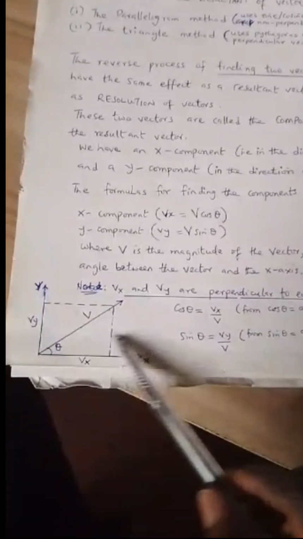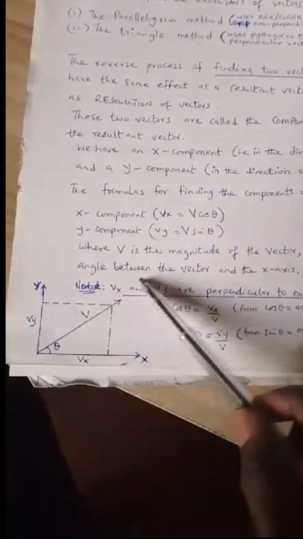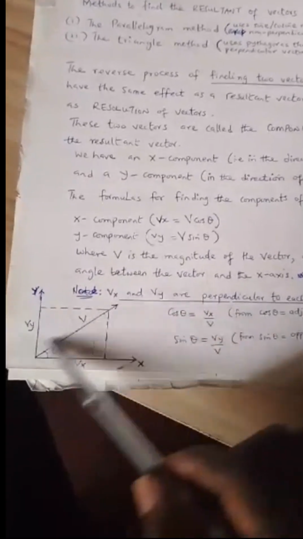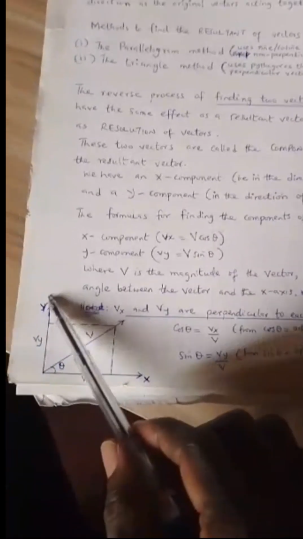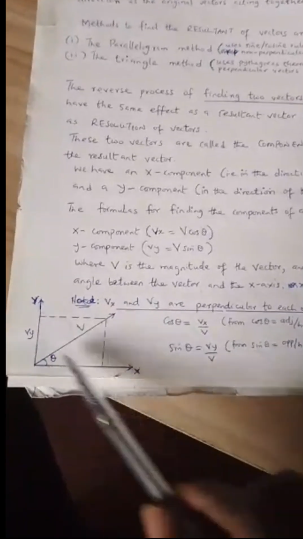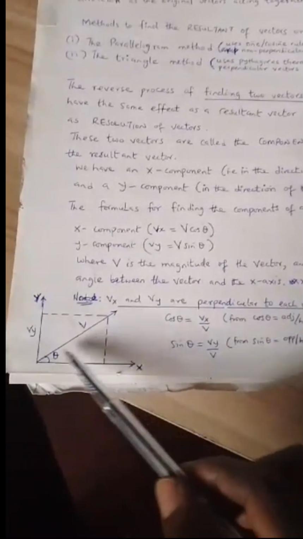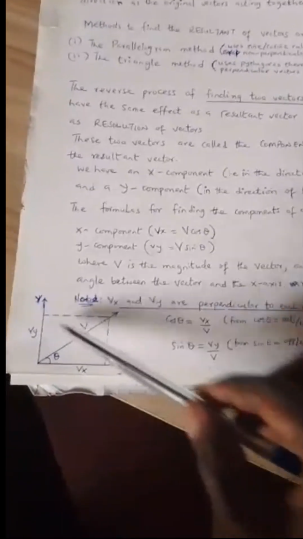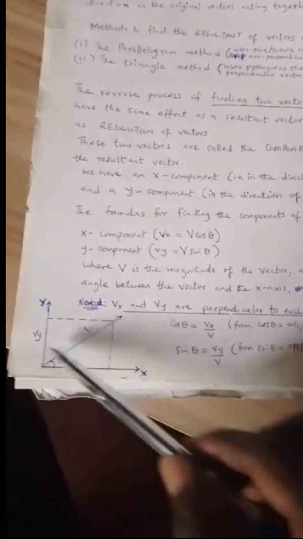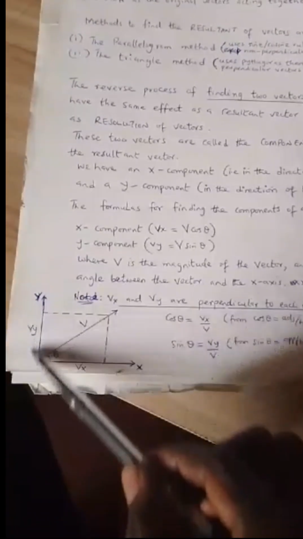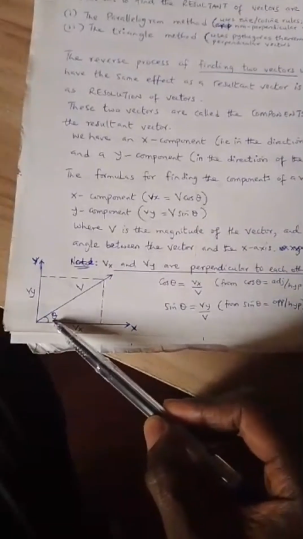Let's look at this diagram. We take V to be our vector, or the vector that we're trying to resolve into its components. So this vector, we're trying to resolve it into its components. Basically split. A resolution of a vector is simply splitting, okay? So it's the opposite of combining, no? When we find the resultant of two, we combine. So the reverse is splitting this into its y and x components. Given this angle theta,